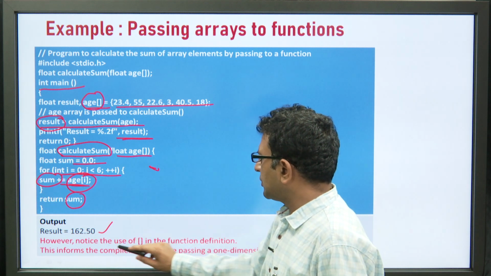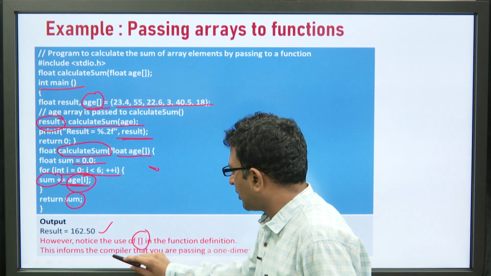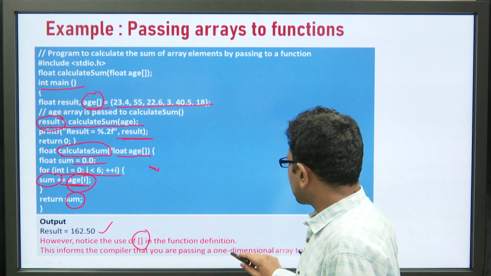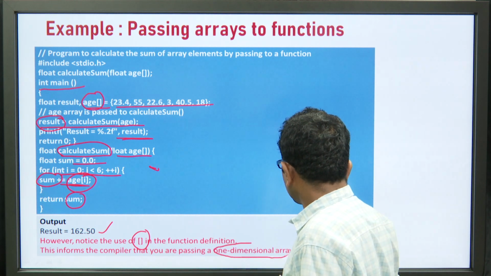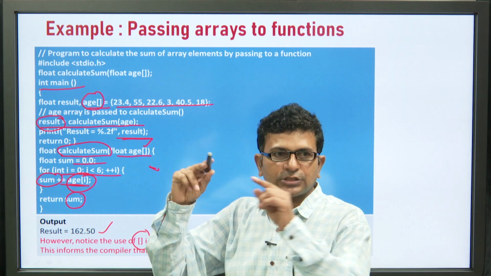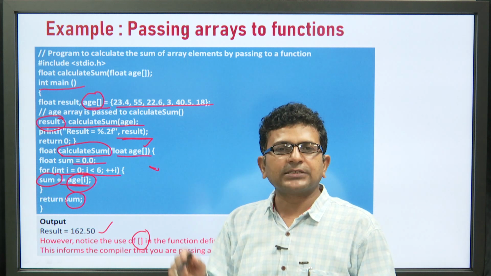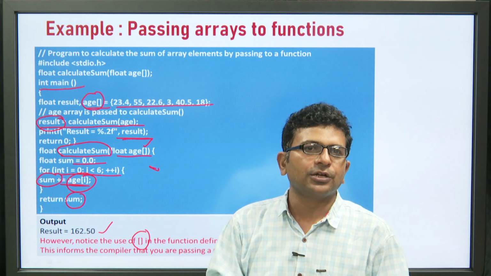Now, notice that the use of square brackets in the function definition informs the compiler that we are passing a one-dimensional array. This is the indication that we are passing a single dimensional array to the function.